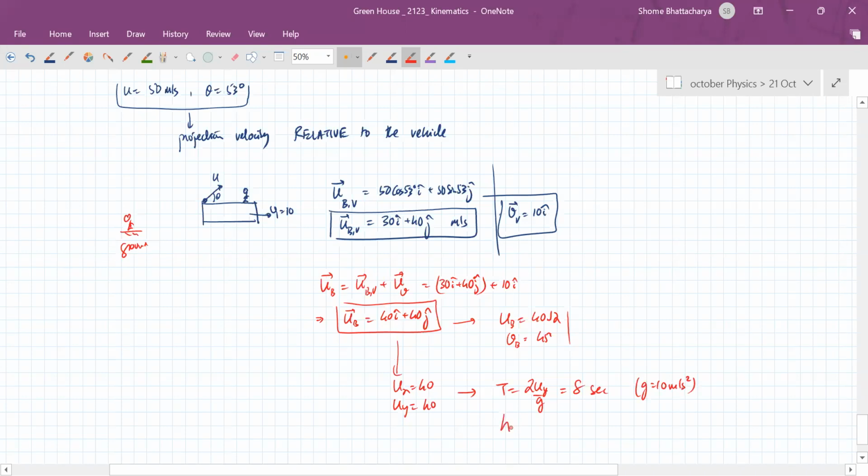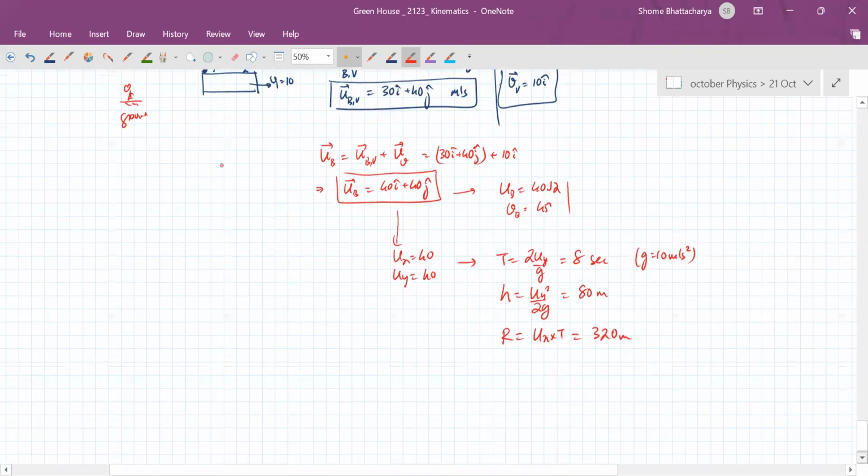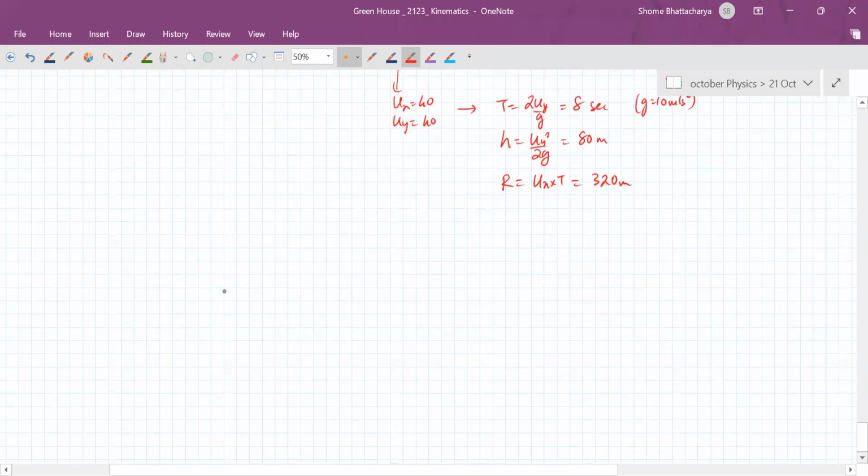And maximum height is uy square by 2g. So that is 80 meters. I'll come to the range with respect to the vehicle also, and the range is ux into time of flight, so 320 meters. So this is what this guy is seeing, that this guy is standing on the ground. What he is seeing, that